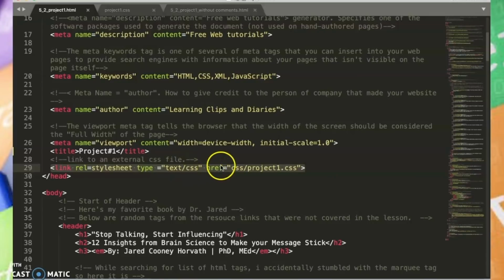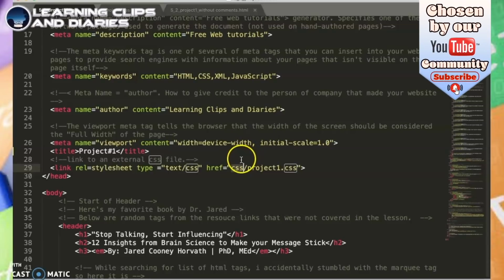And the reference is the folder that I created inside my documents folder, or any folder that you created. And project 1 is the file name of the CSS, which refers to this file here. If I open this tab here, it actually has CSS in it,